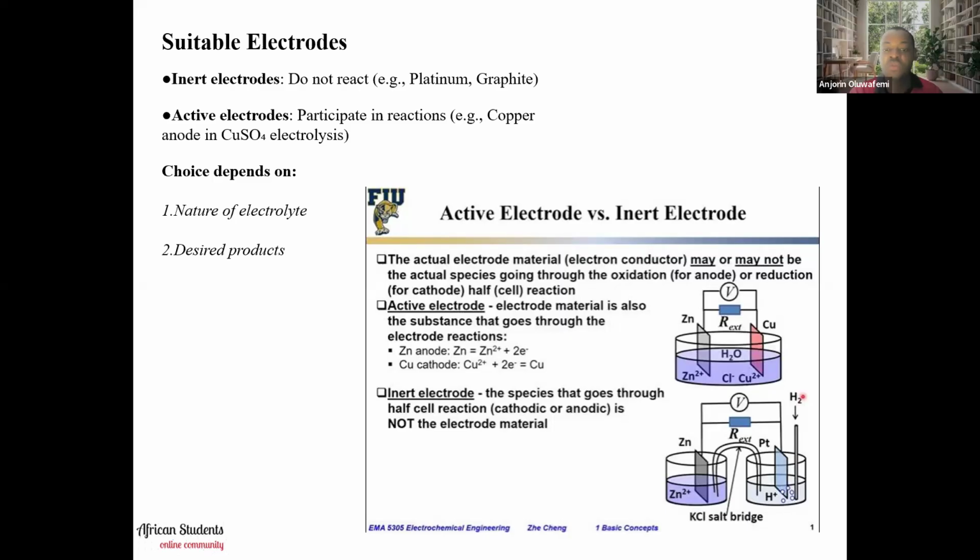So active electrodes: the electrode material is also the substance that goes through the electrode reaction. Zinc anode will give us zinc 2 plus, and then copper cathode, and something like that. So the species that goes through